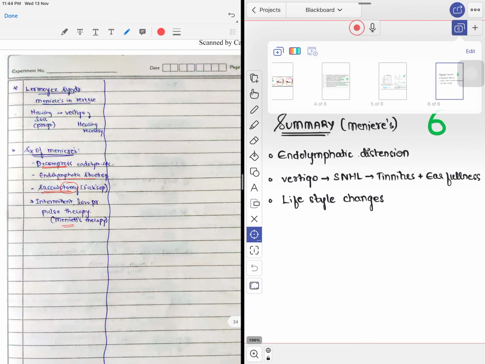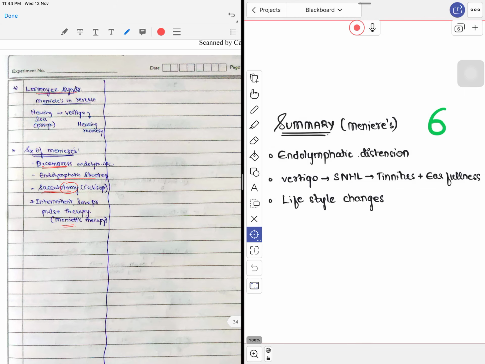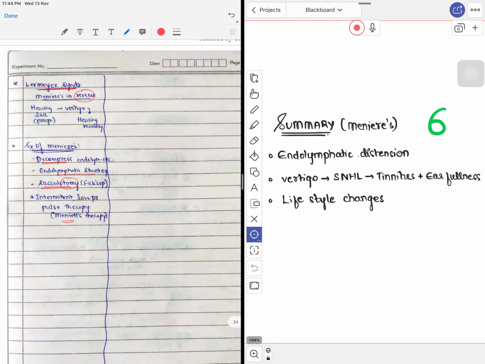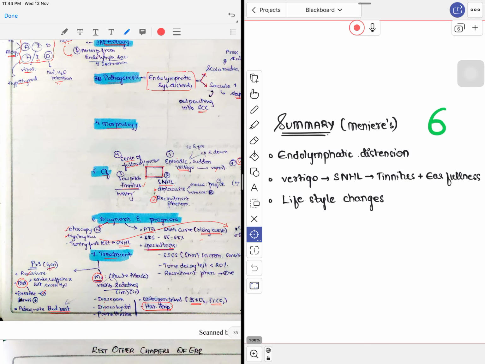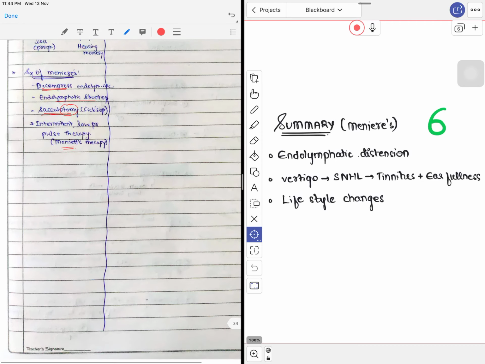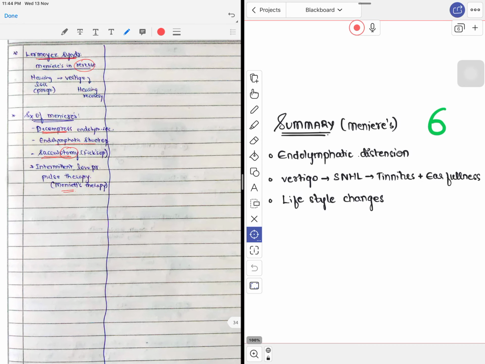So, one more last thing to be remembered is Lermoyez syndrome. Lermoyez syndrome is nothing but Meniere's disease in reverse, wherein first there is hearing loss, then vertigo, and finally hearing recovery takes place. In Meniere's disease, first vertigo occurs, then hearing loss occurs. But in Lermoyez syndrome, first hearing loss occurs, then finally vertigo is seen. That's why this is also called